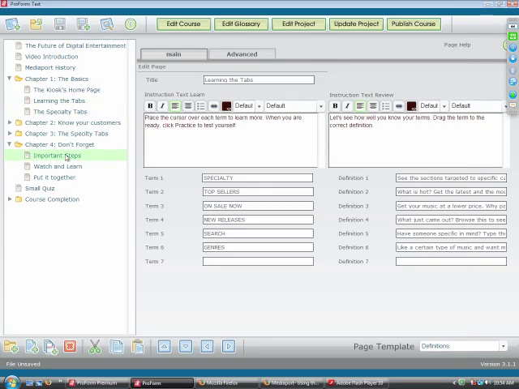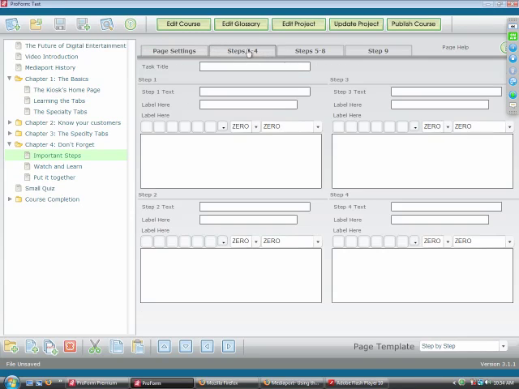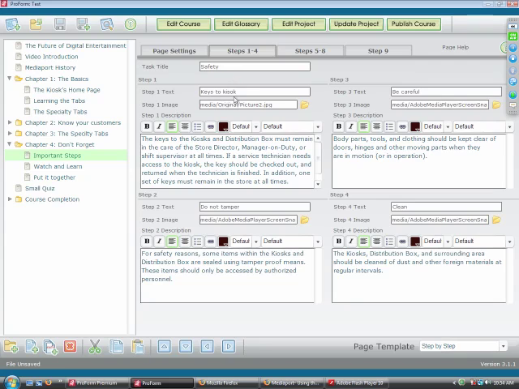Inside of the steps page, I just come to the steps area. I can adjust the title bar up on top to whatever color I want, and then I can go through my different steps. For each step, I go ahead and give it a step title. From here, I give it an image. I browse and find an image the same way I find any other image. I type in my text, and notice hyperlinking functionality, size, formatting, color as well. I can do all of that in here. Then I go on to step number 2,